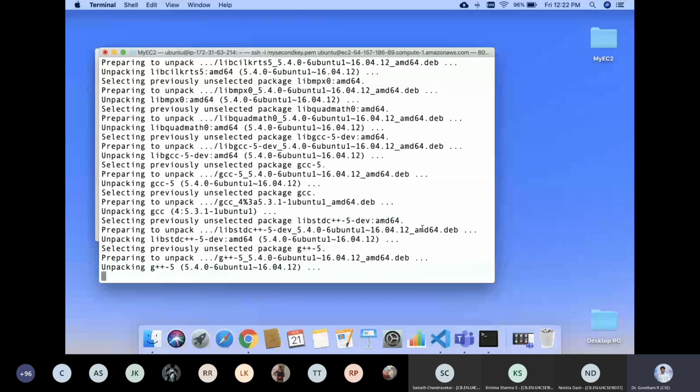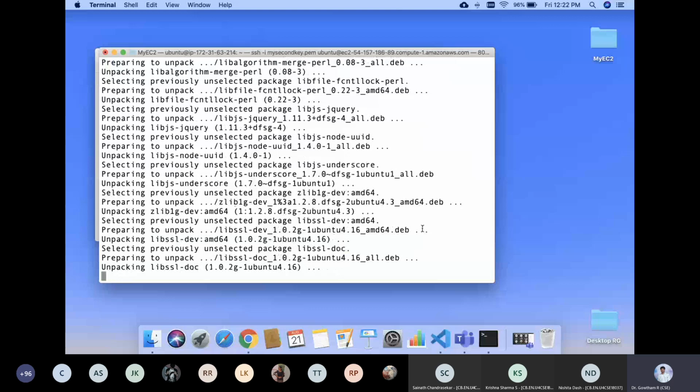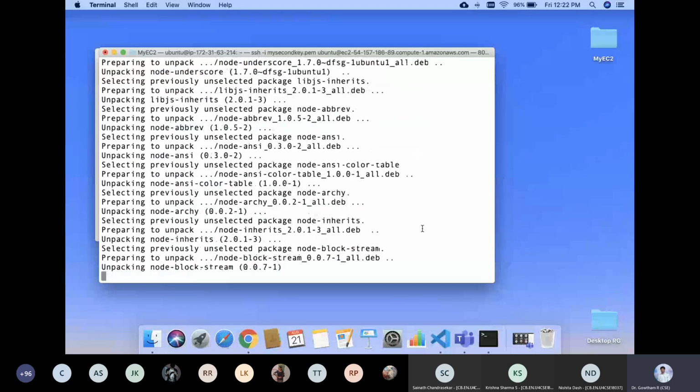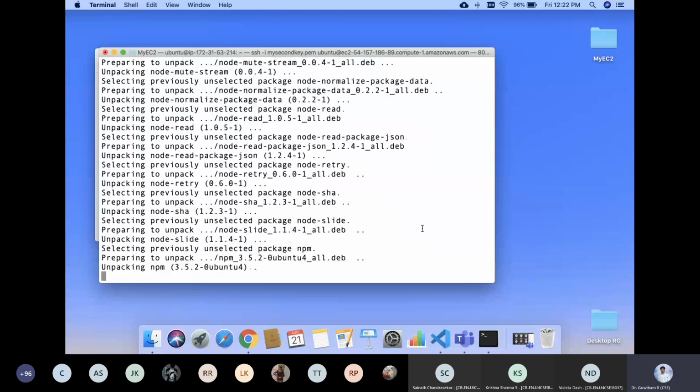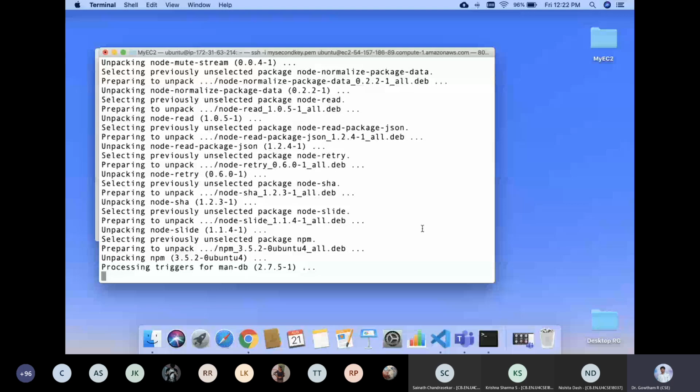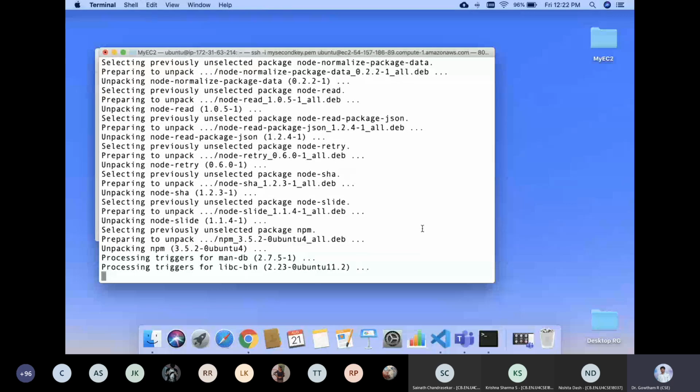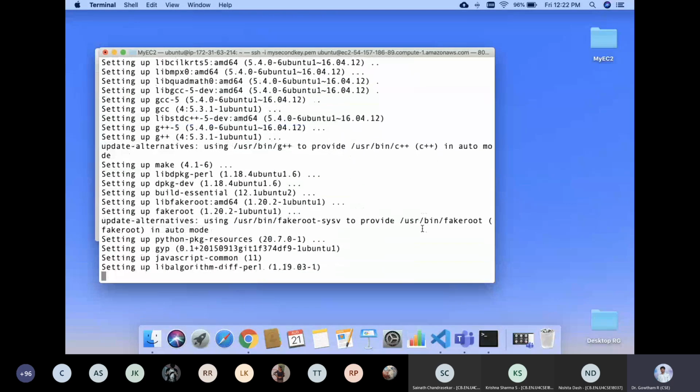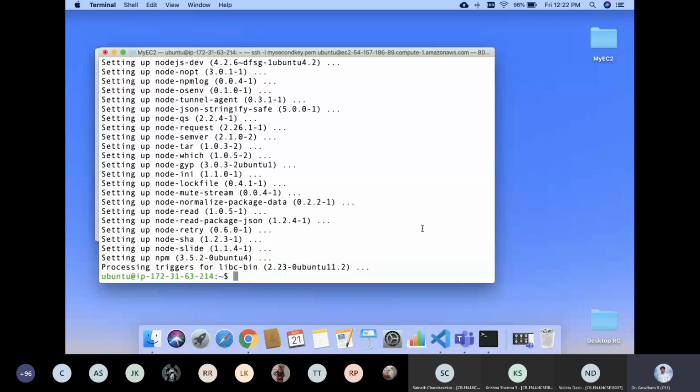This will take a couple of minutes. This will install all the necessary Node packages. Meanwhile, we'll copy the next command.